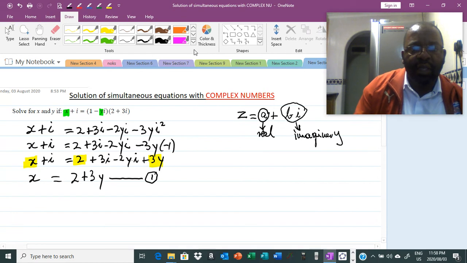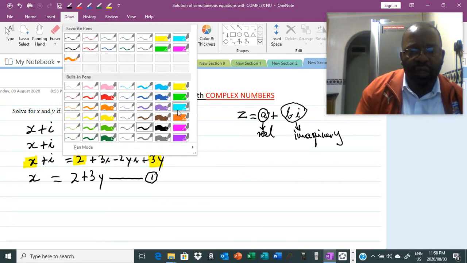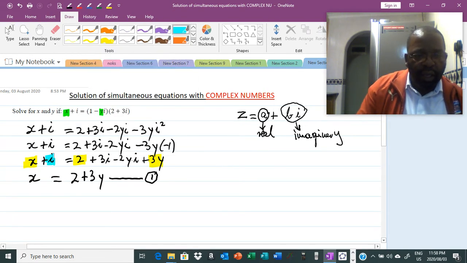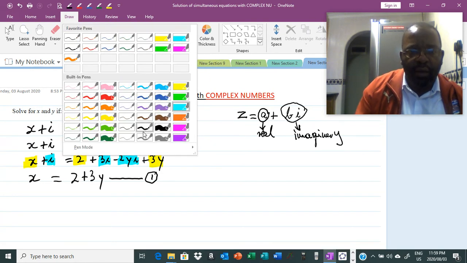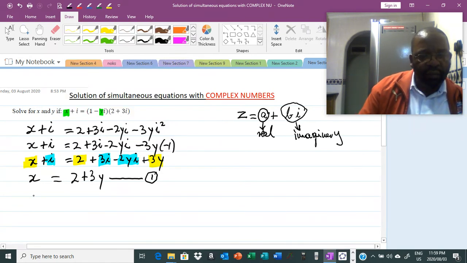Now we need to set up the second equation for the imaginary part. Let's highlight the imaginary part. There's an i there. There's a 3i there. And lastly is your negative 2iy. And let's set up another equation now for the imaginary part. i equals 3i